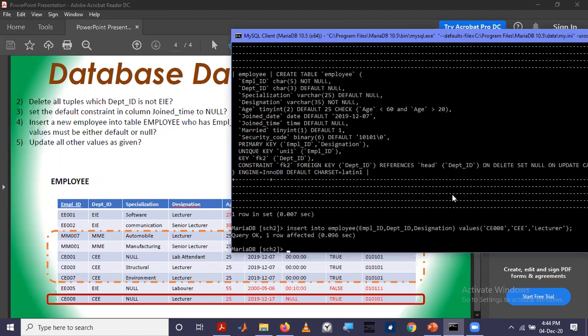Now we will see whether the default or null values exist. We'll do select star.